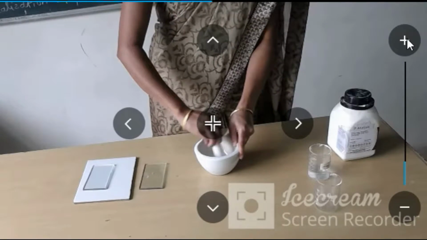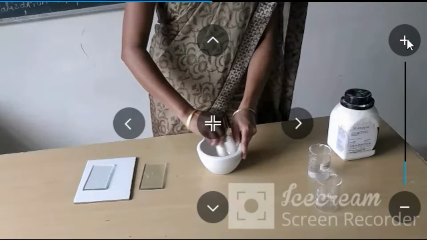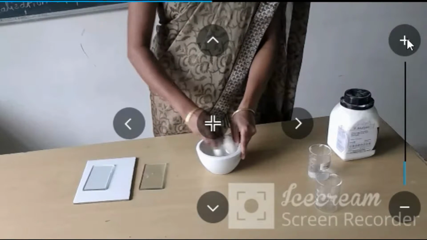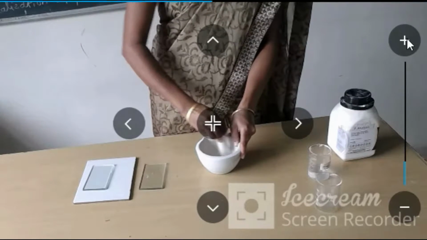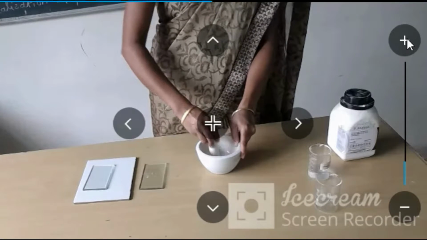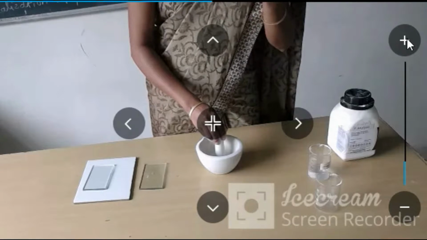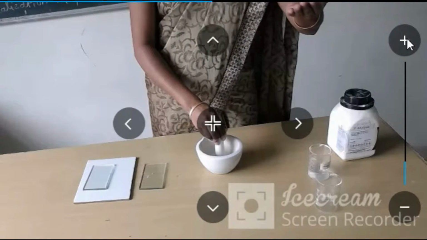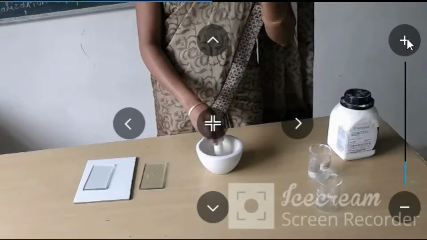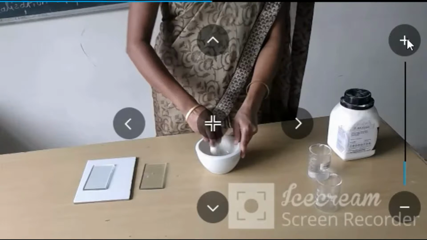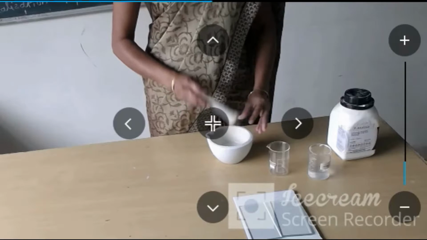The slurry should not be very thick or very thin. Depending upon the slurry's viscosity, the layer thickness of the plate is decided. So depending on that, you are supposed to prepare it. If you take a viscous slurry, the layer formed on a TLC plate will be very thick. If you want a thin layer, then the slurry should be less viscous. Now our slurry is okay, and I am going to pour this.